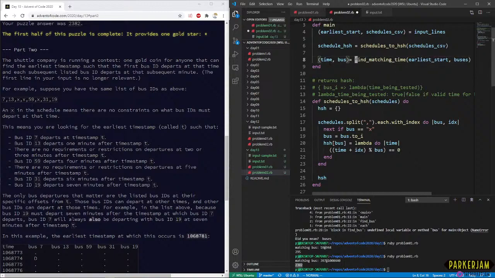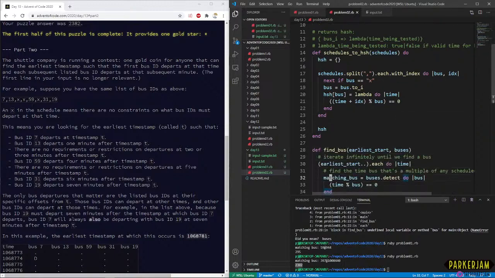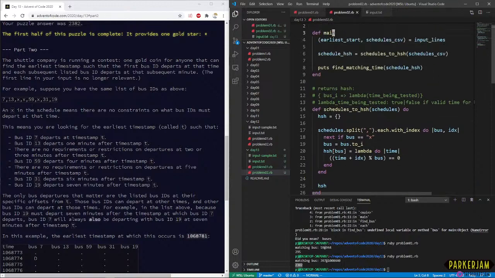And we're just going to have our buses hash here. We're just going to print out whatever we get here, because let's just try this out initially and see what we come up with. Okay. What do I rename this to? I rename this to find matching time.